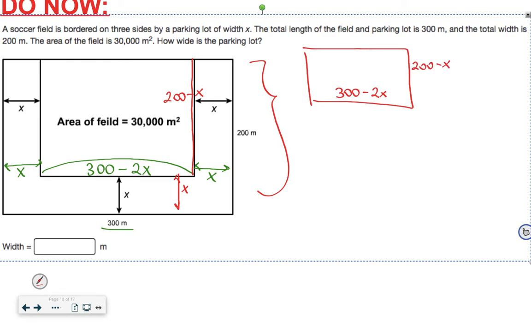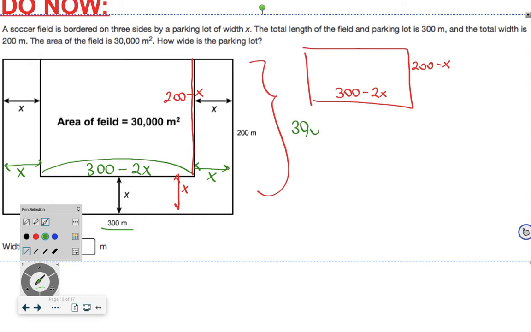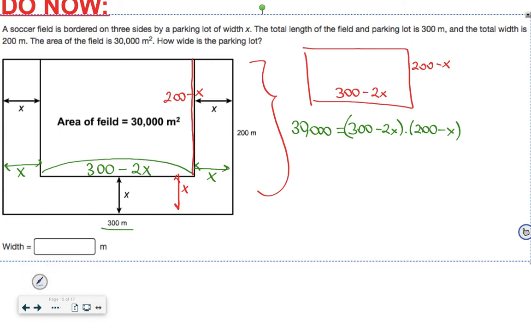And the area of the field is 30,000 square meters. How am I going to find the area of the rectangle? Length times width. So 30,000 will be equal to (300 minus 2x) times (200 minus x). If I distribute this into the parentheses, you will get